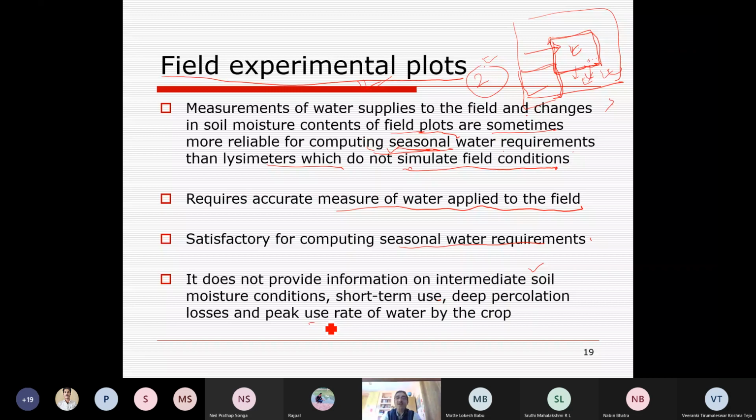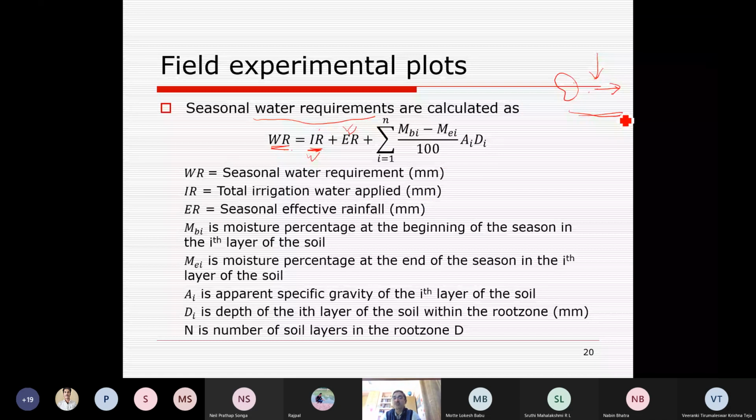In this field experimental plot method, seasonal water requirement is calculated from the irrigation water, the total water we have applied as irrigation. Then seasonal effective rainfall, which I told you is the amount of precipitation after interception and runoff, that is coming onto the ground and infiltrating into the soil to improve the moisture condition. Removing all the losses from the total precipitation gives you effective rainfall in terms of irrigation. So irrigation water